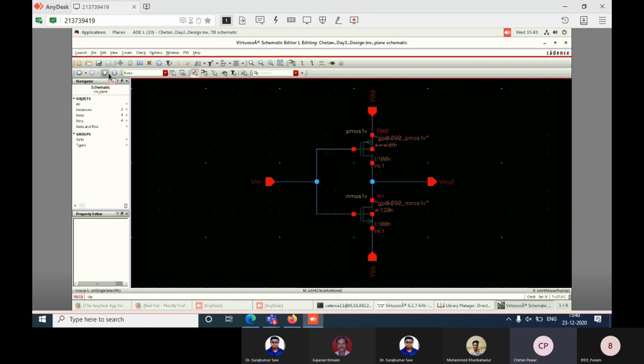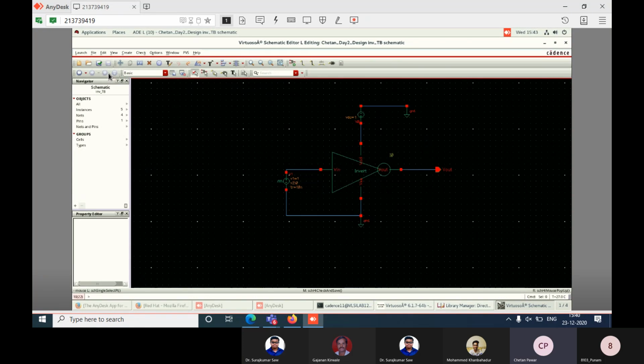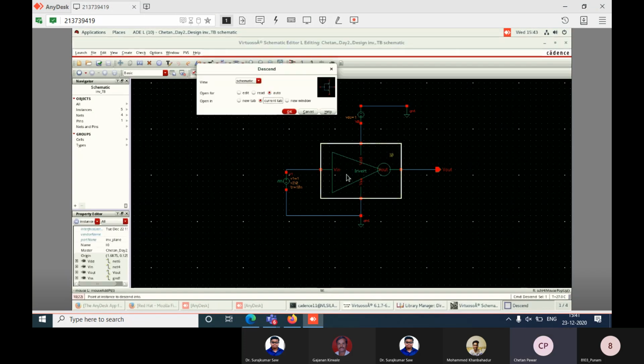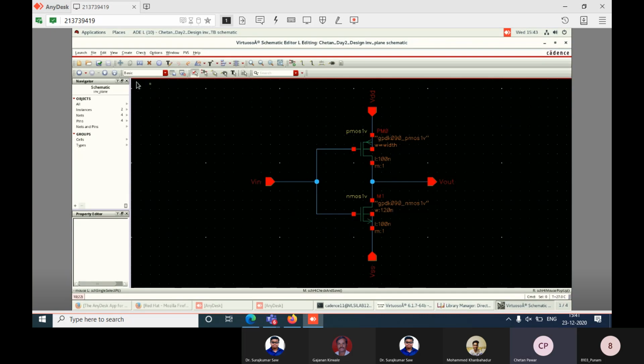Now here you can see carefully, up. It is showing up, right? So click on that up. You will come into this test bench file. Now if I go into this diagram, here you can see up. I am locating that. Just click on up.